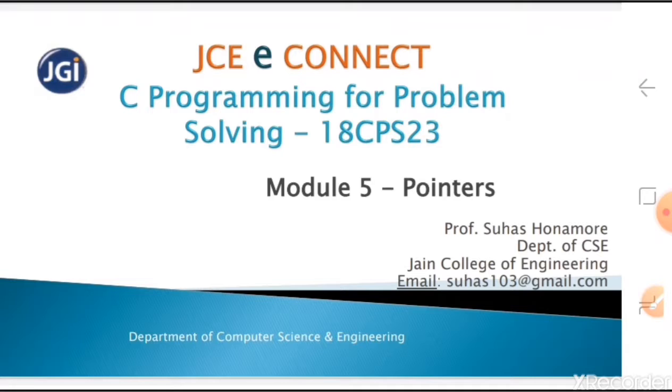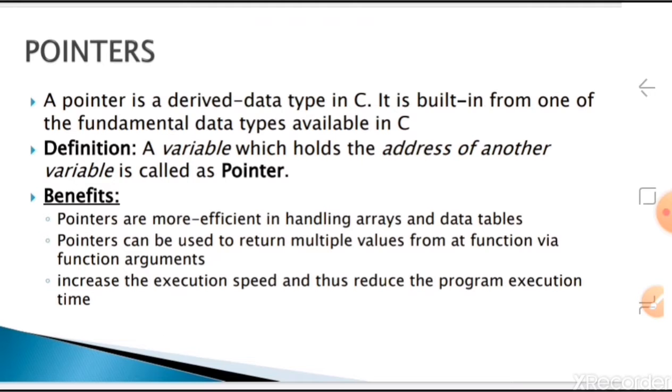What is a pointer? It's nothing but a variable which holds the address of another variable. So already we will be having some variables whose address we can store in this variable. That is nothing but a pointer. So if you saw the definition, it is a variable which holds the address of another variable, and a pointer is a derived data type. What is a derived data type? Already you have some basic data types, and from those you are deriving this data type.